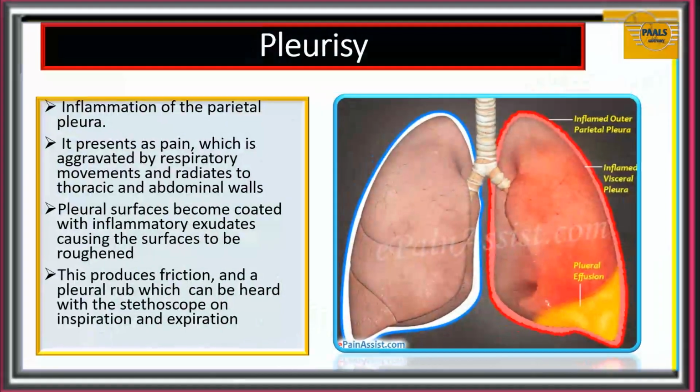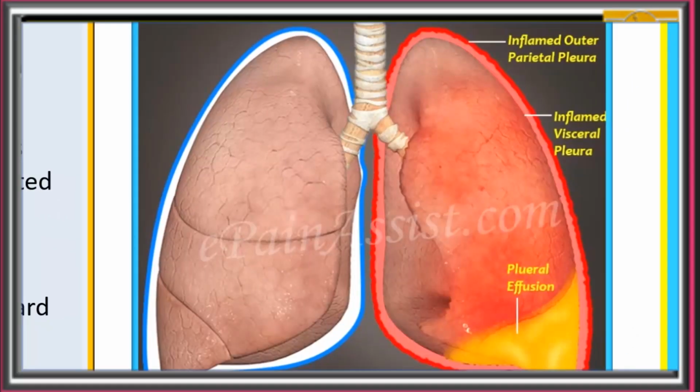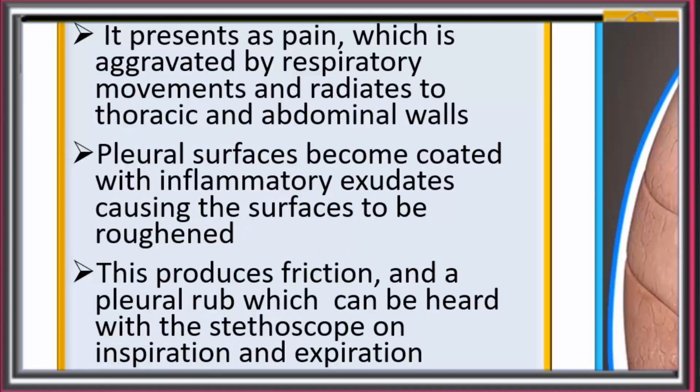Now we'll look at a condition called pleurisy. Pleurisy, in simple terms, is inflammation of the parietal pleura. Now when we look at this illustration, we are seeing a normal parietal pleura in this section, and then here we are seeing an inflamed parietal pleura. So when this happens, it presents as pain, which is aggravated by respiratory movements, and it can radiate to thoracic